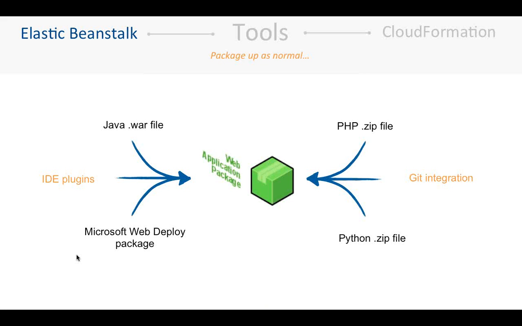So how do you get your application into Beanstalk? Well, you can integrate your application development environments like Eclipse directly into Beanstalk. You can just publish to Beanstalk, launch to Beanstalk from Eclipse. You can use Git, so you can use the command line to push your new application versions into Beanstalk for development, testing, or even production environments. So this is a really handy way of integrating your development, testing, integration, and production systems into a continuous integration, continuous deployment flow.